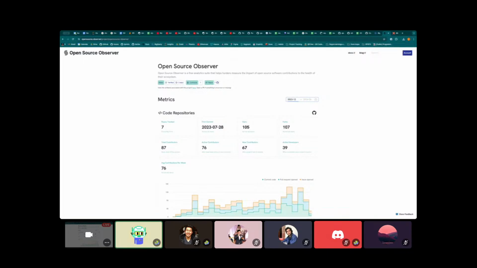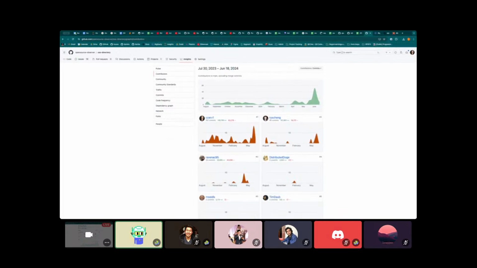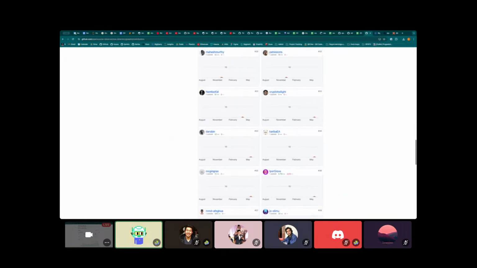As it relates to Open Source Observer, we had a pretty big surge in activity over the past couple of weeks, mainly driven by Retrofunding 4 and projects signing up to add their artifacts to the OSS directory. So we crossed the 100 fork mark. We have now, I think, 67 new contributors in the past couple months or so. You can actually see this as well over here. So a pretty big surge in terms of activity happening, and a lot of people sharing project info,